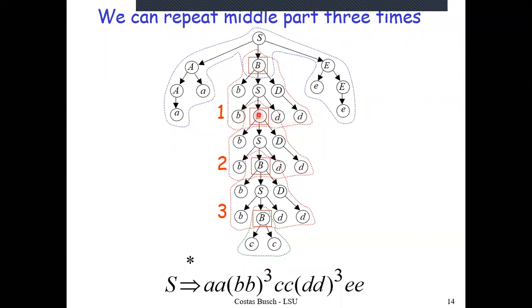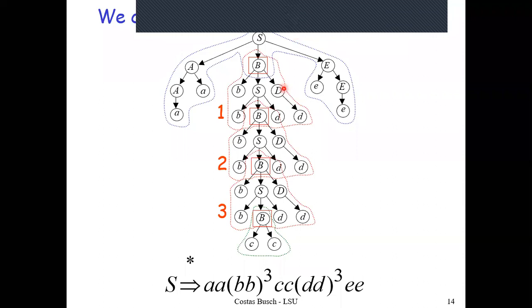So at the first appearance of the variable b, I'm going to replace it by b square b d square. Once again, at the second appearance of this b, I'm going to replace it by b square b d square. And once again, I'm going to replace it by b square b d square. And finally, I'm going to replace this b with c square. So I'm not going to get a repetition of the substring c square. However, I'm going to get 3 repetitions for the substring b square and 3 repetitions for the substring d square. So that was the answer to the question posed by Umar Farooq. Okay, Umar?